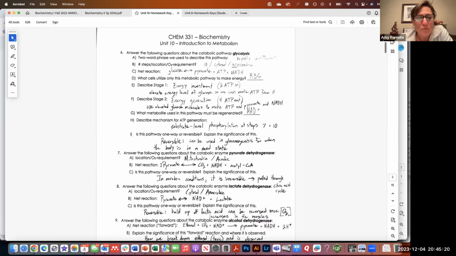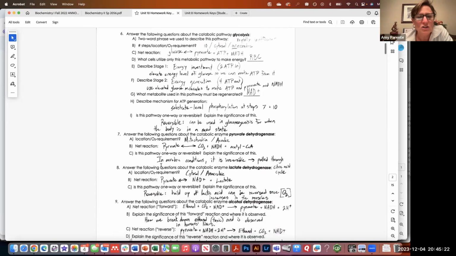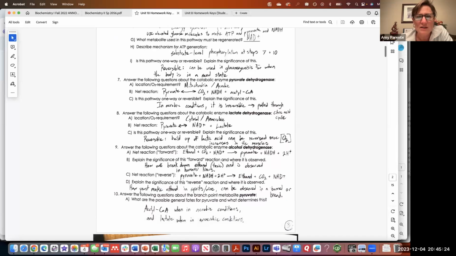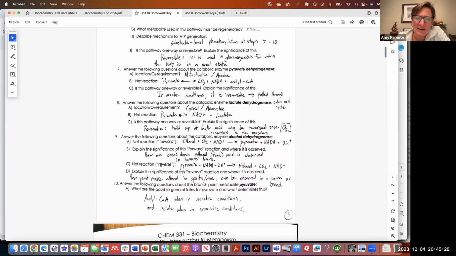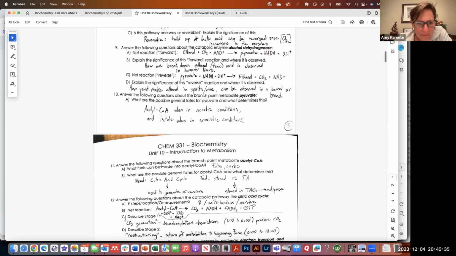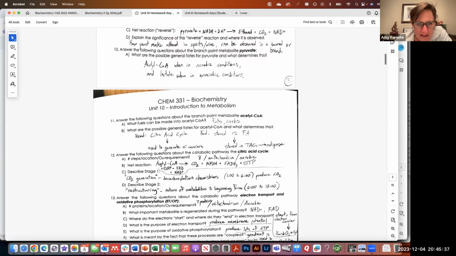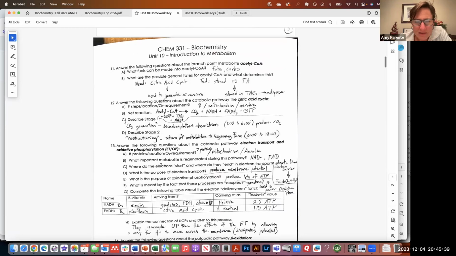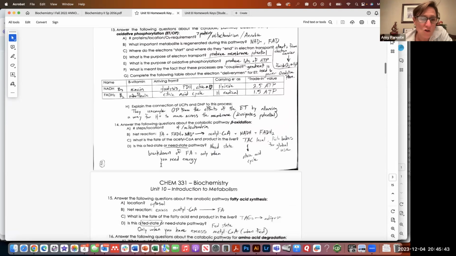I'm not necessarily going to go through each of these individually. If there are things that are confusing to you or you want me to go over, I can. I'm just going to see if there was anything here that jumps out that may be a little bit confusing. Or if anybody's worked on the homework yet and you have questions on stuff that you weren't certain what I was asking.